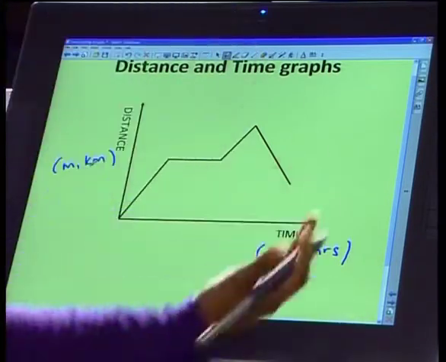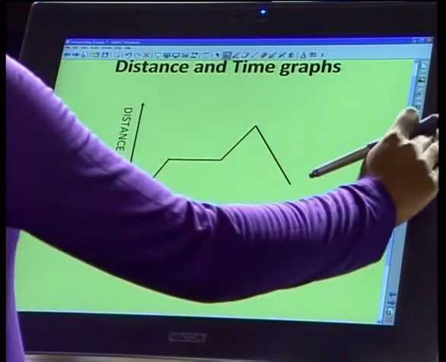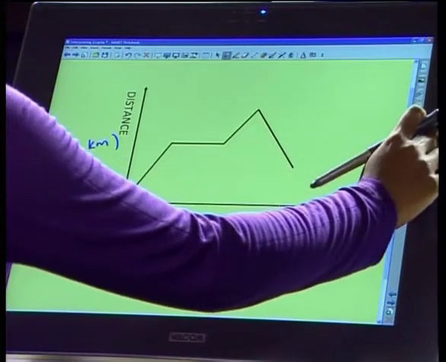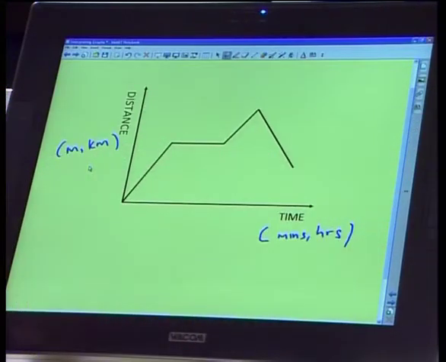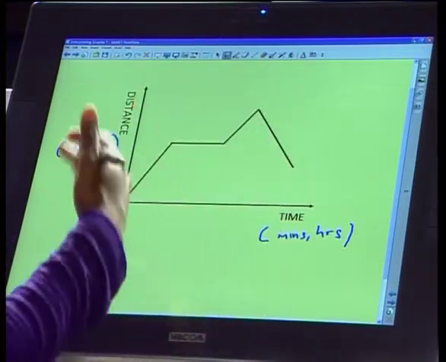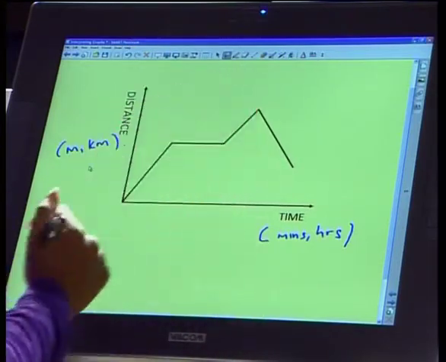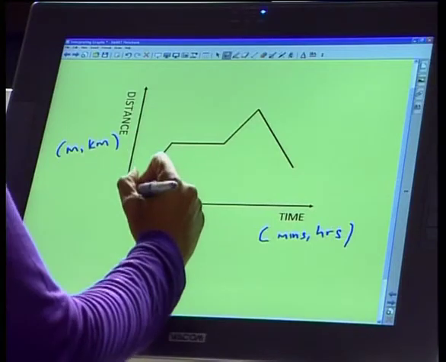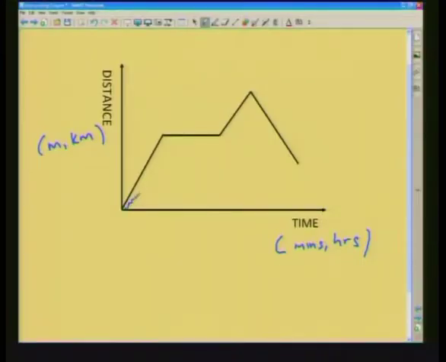So these are quite typical graphs that you will come across quite a lot when you have to interpret graphs. So let's look at each of these sections, and I will just explain to you what's happening over each of these sections on the graph. In this first part, it's sort of going at an incline, so we've got an increase in distance from naught to that point. So if we call that A, it shows an increase